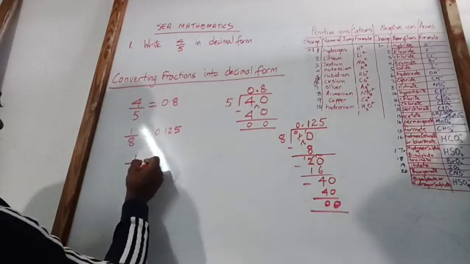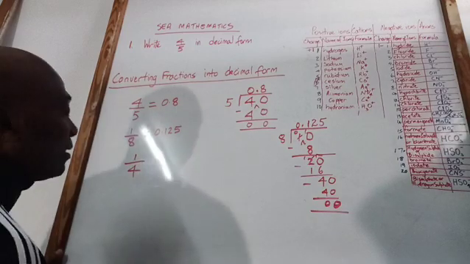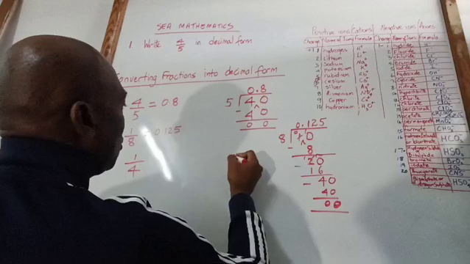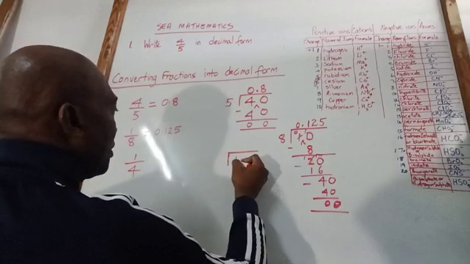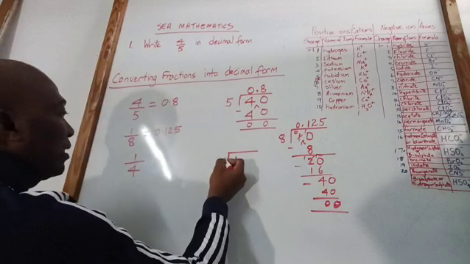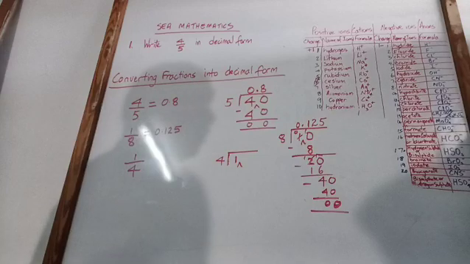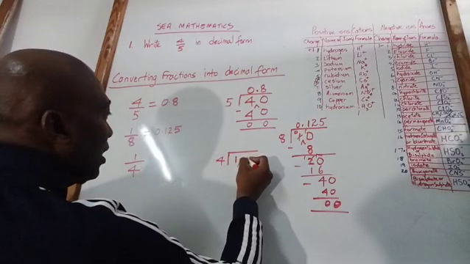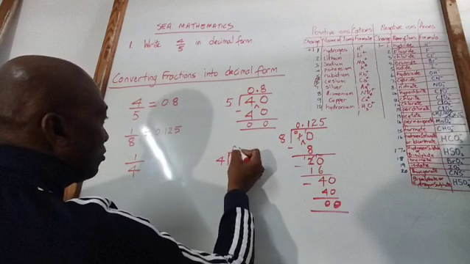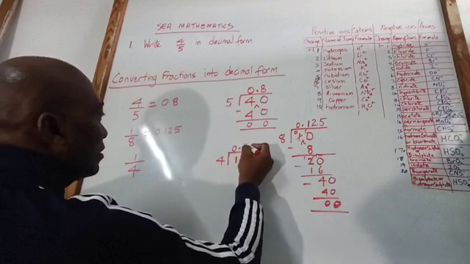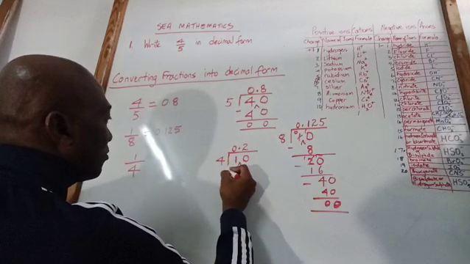Let's look at another one. Let's try a quarter. A quarter as a decimal. We open our rectangular enclosure. We put the numerator inside and the denominator outside. This is our upside down V. Add our 0 for the point 0. 4 into 10, we get 2. 2 times 4, 8. Let's subtract,